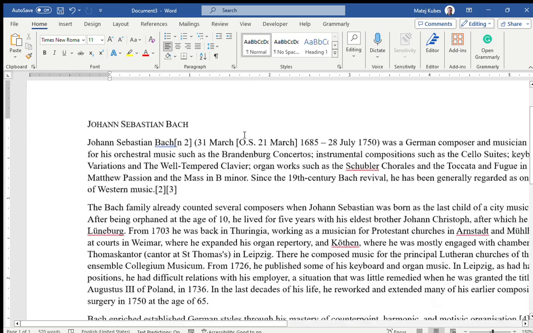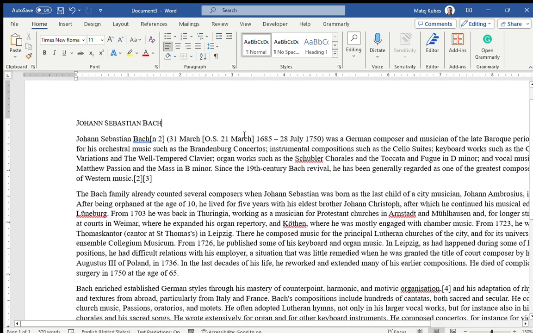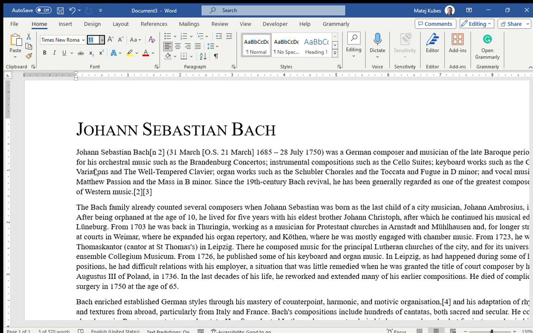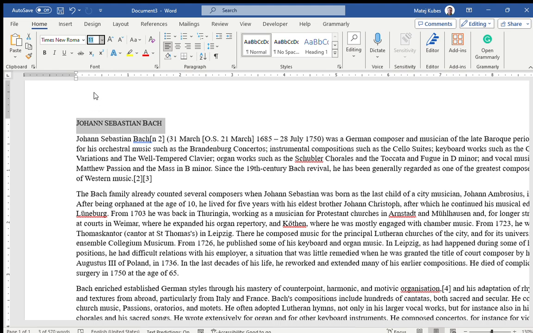Thirdly, as you can see, the title is not much larger than the rest of the text, so we need to make it larger. So Control Shift up to select it. And how do I make it larger? I could either use the icon here, change the size here, or I could use one of these icons to